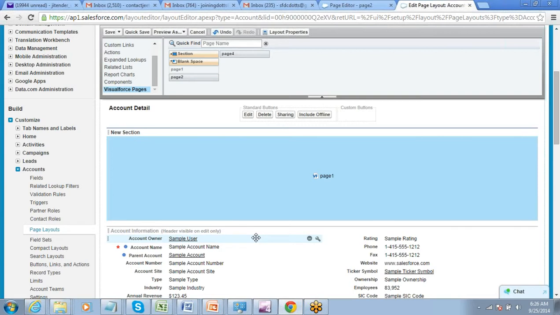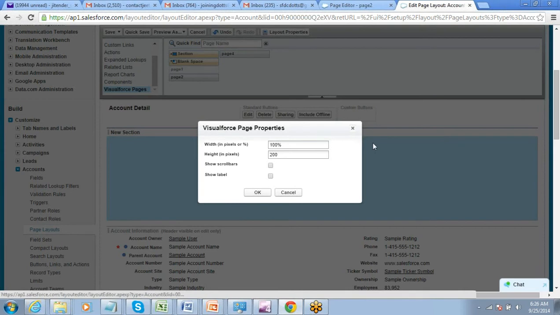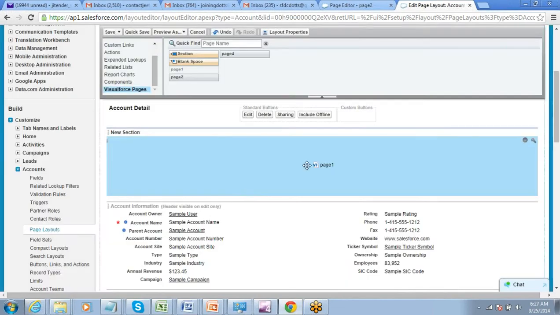Along with your standard page, this gets included as a section. Height you can control, it's 200 pixels. If you want, you can make it a smaller size also. Make it 140 pixels. Okay. Then you just save the page layout.